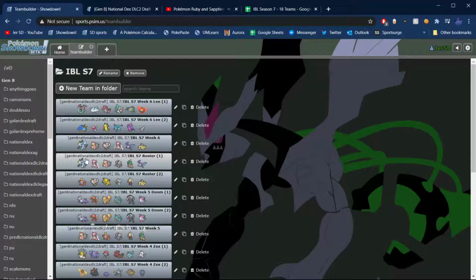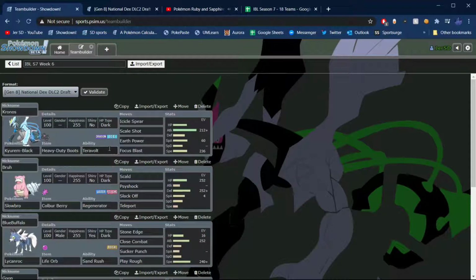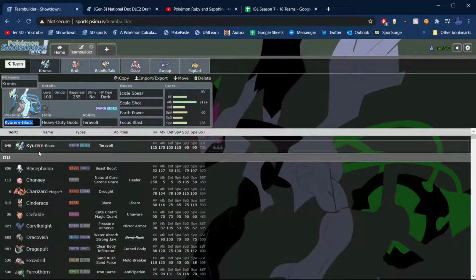So I made trades during this week that you'll see. I'll talk about after. But again, our roster's here: Kira Black, Mega Dancy, etc. And this week, I wanted to bring something different, so I brought, well, 2 things that were different. So starting it off is